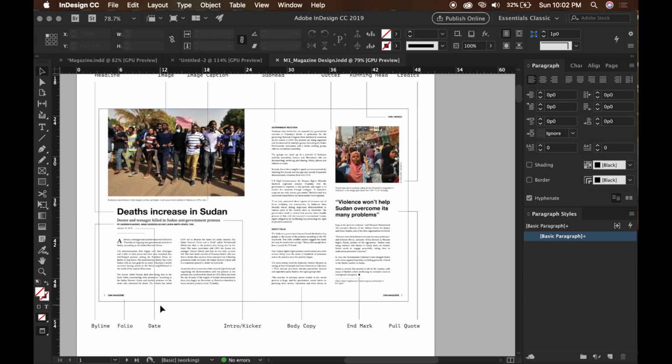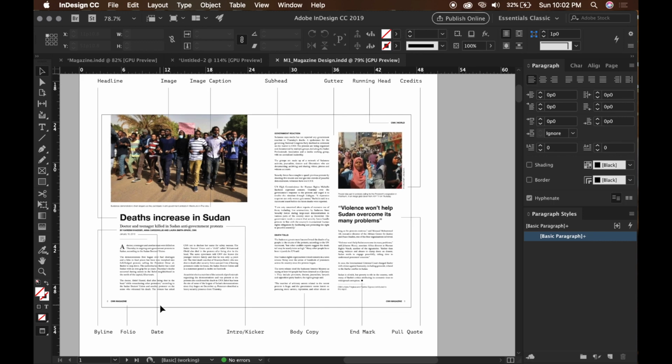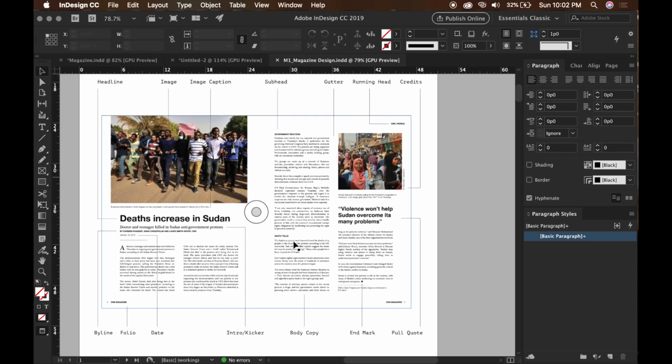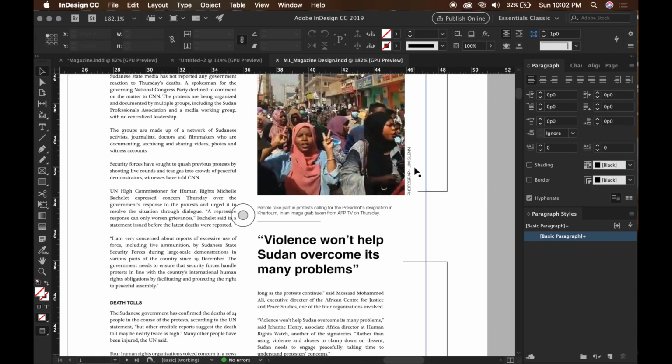You need the date of the article, which will be included wherever you find it on your news source. The body copy is the main text for the article itself. The credits are the credits for whoever took the photo. That's usually listed. Mine was Al Jazeera or something that I couldn't pronounce, so I inputted a very plain Jim